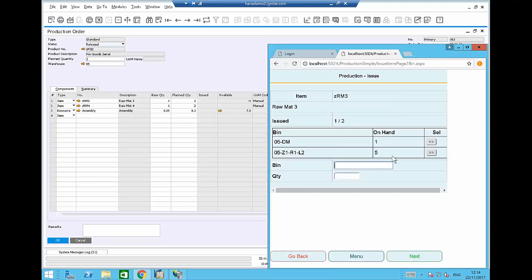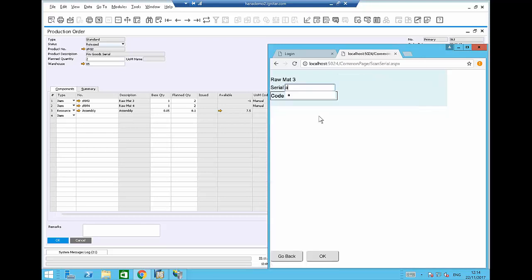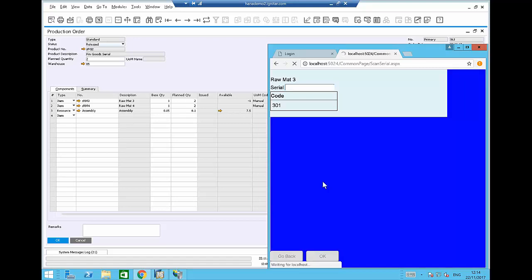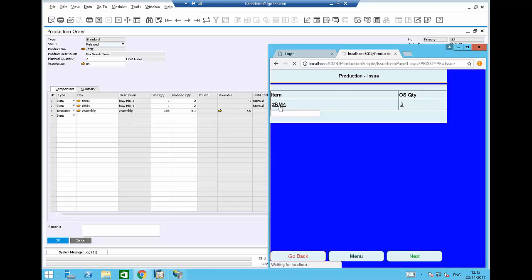another item here. So I'm going to go and choose same bin location again. I want to go and issue 1 from here. Again, I'm going to automatically choose which item I would like to go and issue to the production order. It's number 301 here is the serial number, and I can click on OK. Excellent. Okay, so now this line has disappeared, and I can say here, right, I want to go and issue